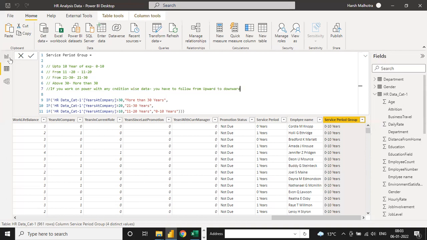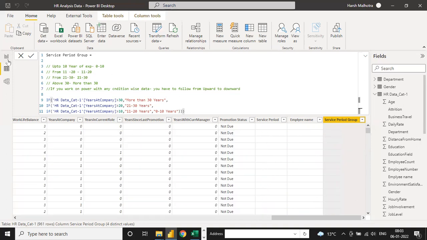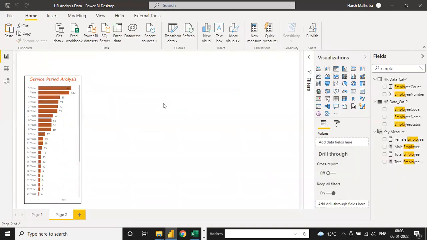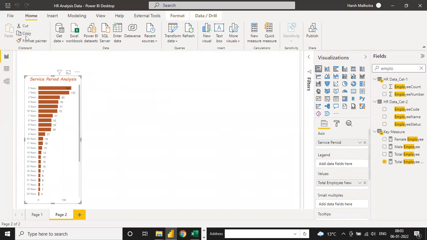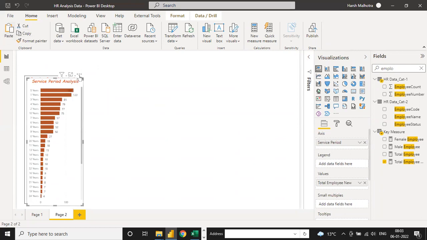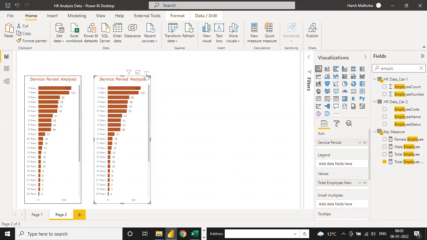So now if you click on this visualization report, just enter first. It will increase your value size. You can go to this report, select one, click on this, copy and paste. Now you can change any of the format.